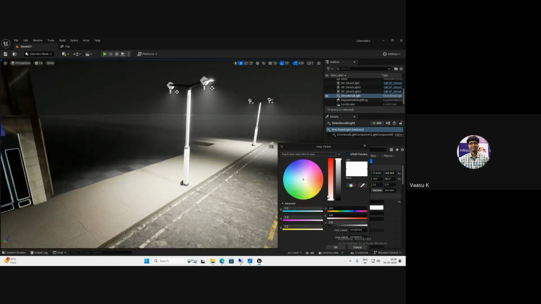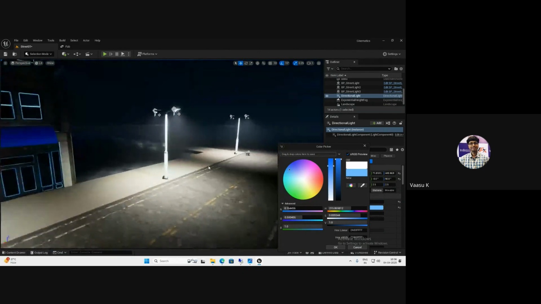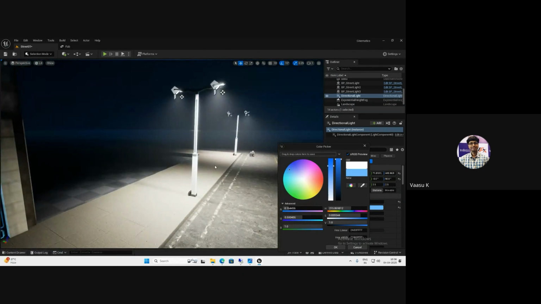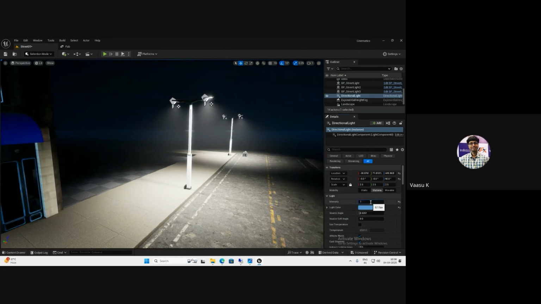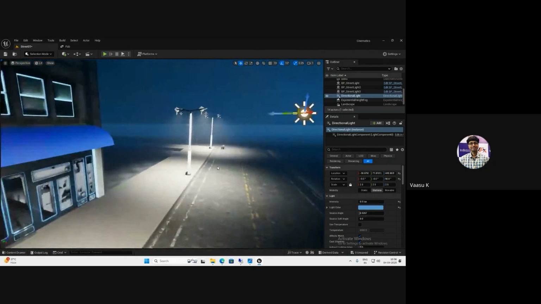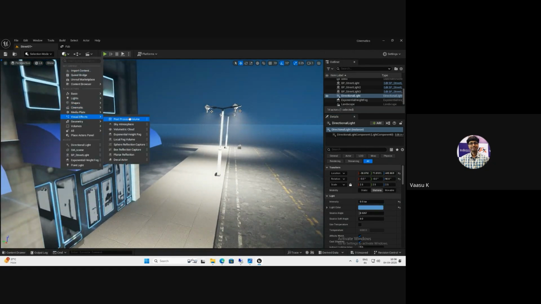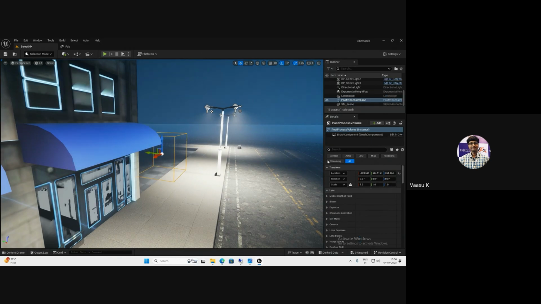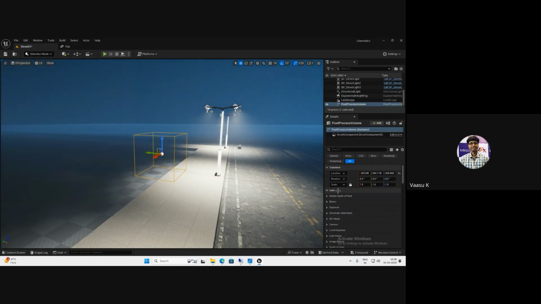Okay, and you can change the light color to blue, so it's automatically created as a kind of night lighting or something that you want to create. But this is not the final lighting. What you have to do is go to Visual Effects and go to Post Process. Okay, let me delete this and make it